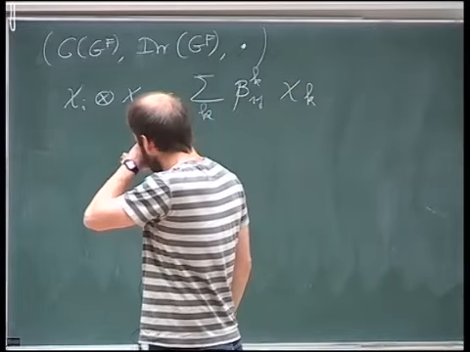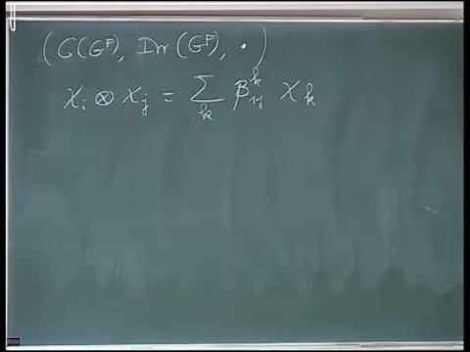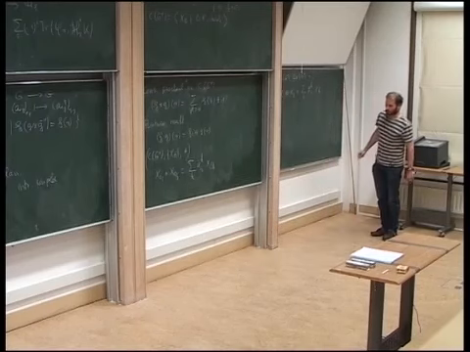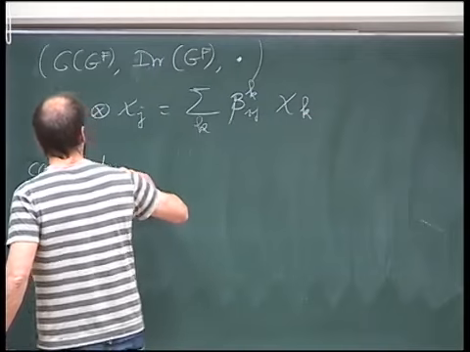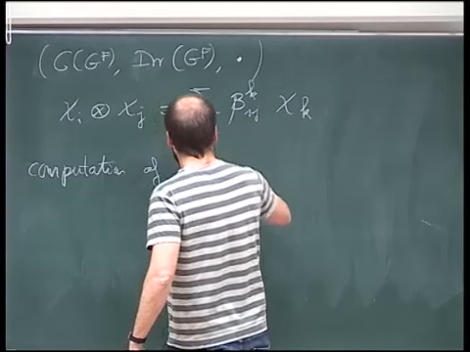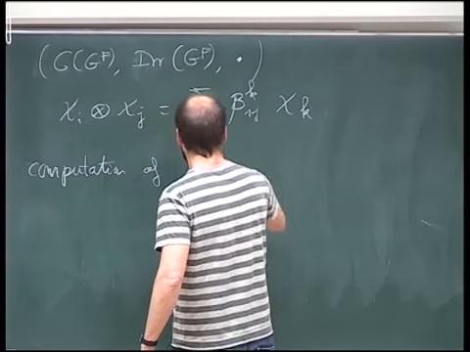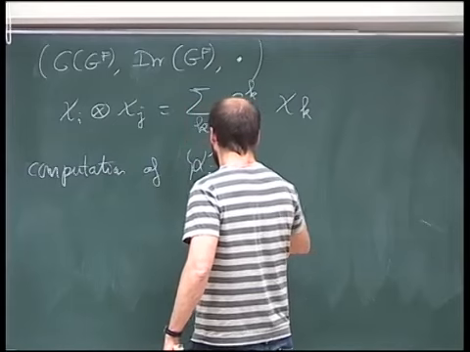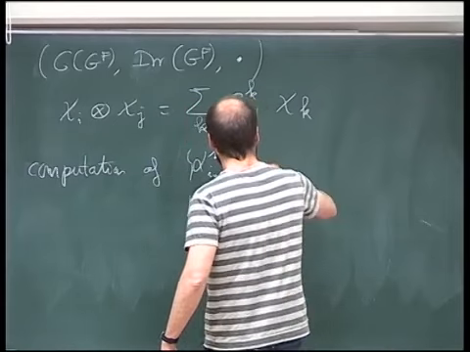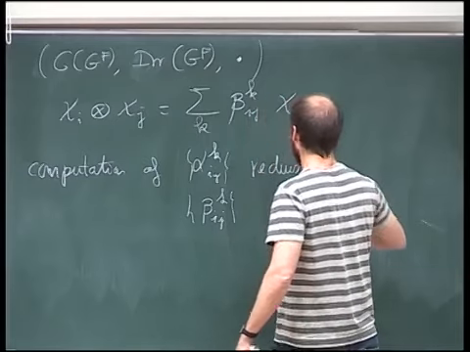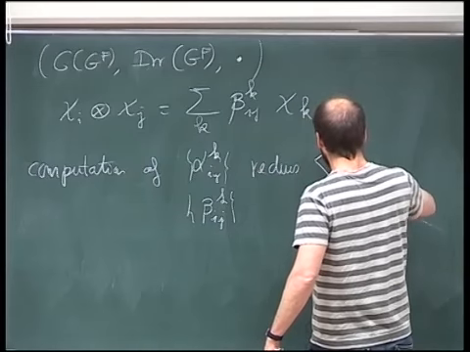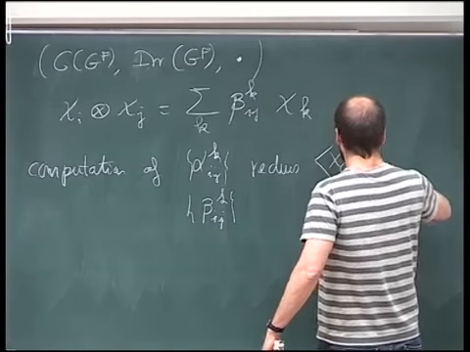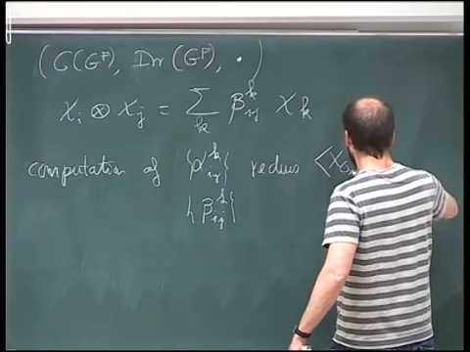So we are interested in these two different structure constants. So first of all, the computation of this alpha_ijk and beta_ijk reduces to the computation of this coefficient, the multiplicity of